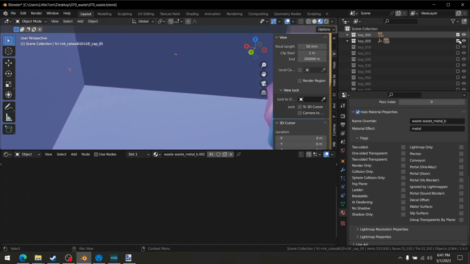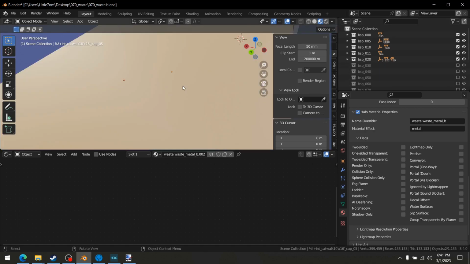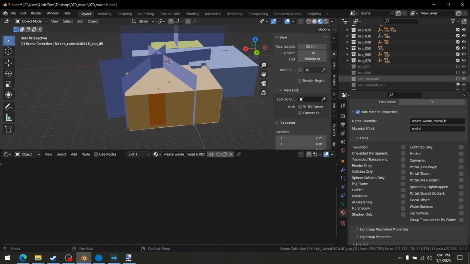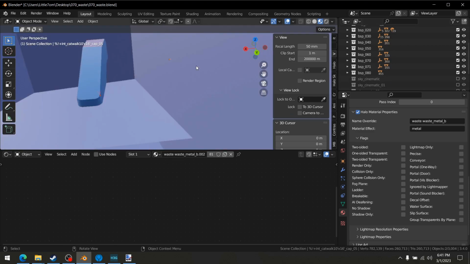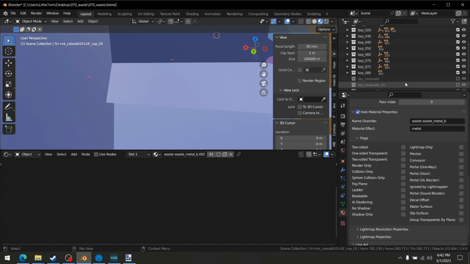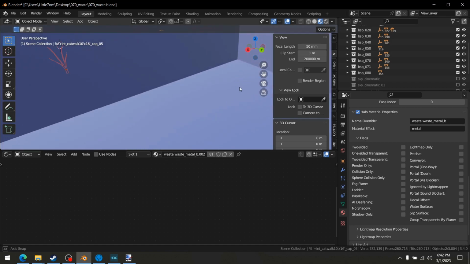Let's load this all back up. And for some reason, it revealed the portals and the skyboxes, which I didn't want, but whatever. I guess if you exclude from view layer instead of hiding it, it might unhide all of the things that you hid before. I didn't realize that. But yeah,